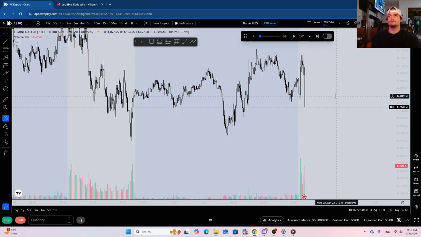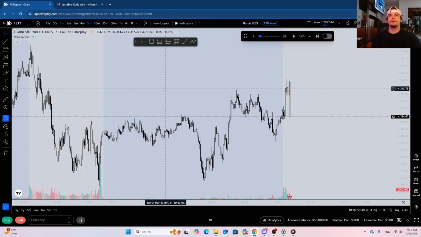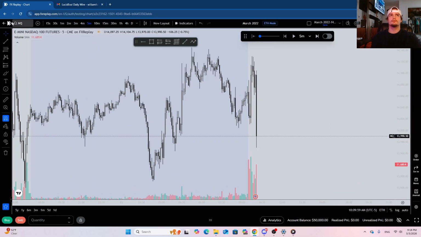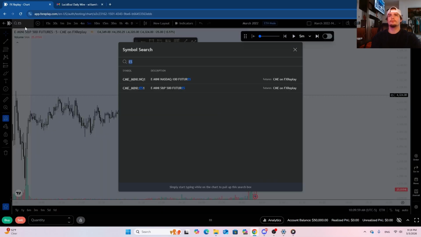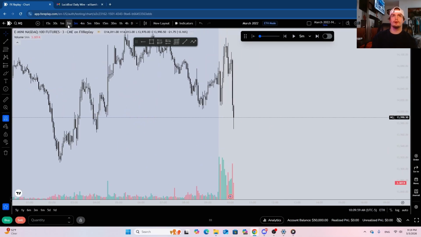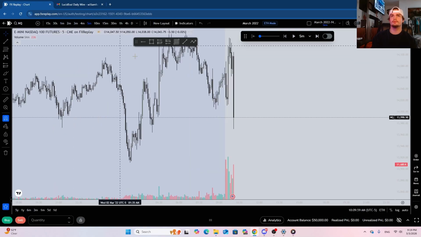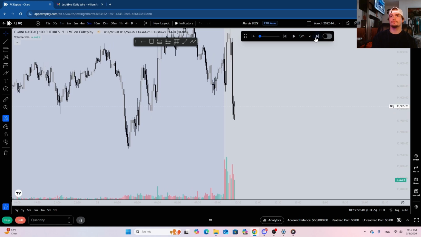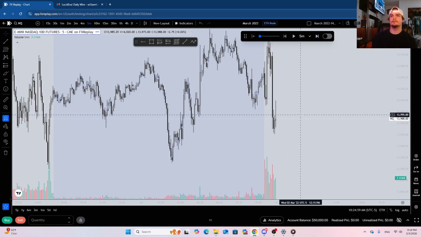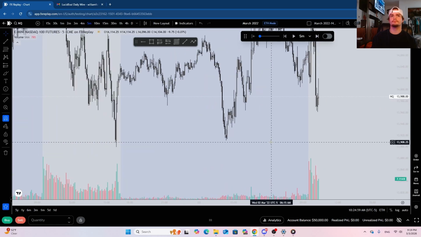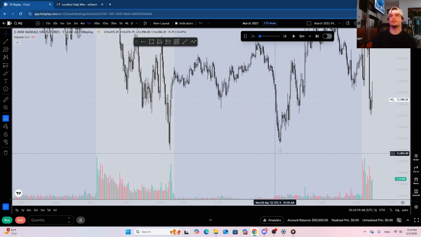All right, so we get a nice displacement down. ES is still above New York lows, correct? Yeah, we're still above New York lows. Okay, so we have these Asia lows down here. Let's see if we could possibly get an entry here, some sort of retracement. So we have this 5-minute opening up. All right, there we go. We get a retracement in this 5-minute, and ES is still pretty far from these lows down here. These are relative equal lows as well if we have these previous day lows right here.